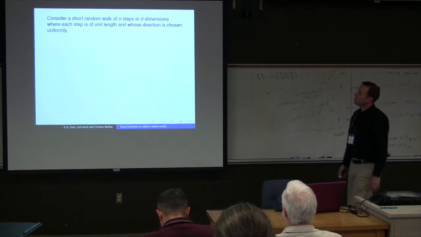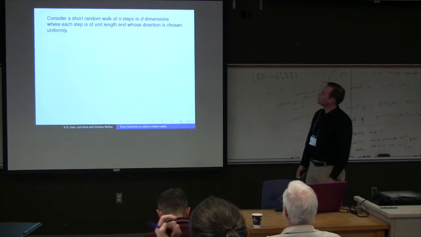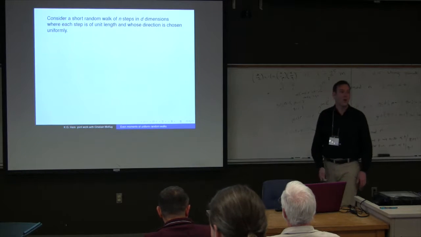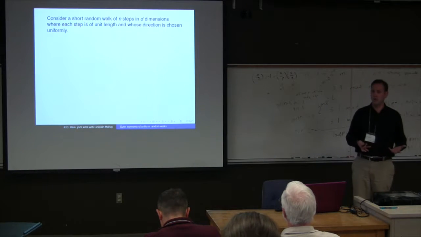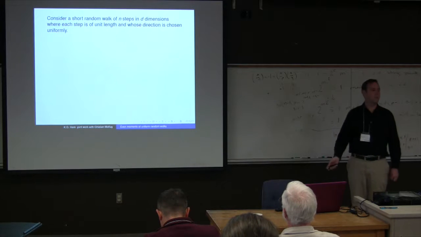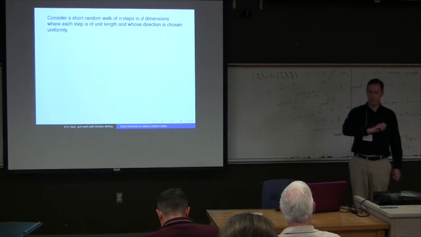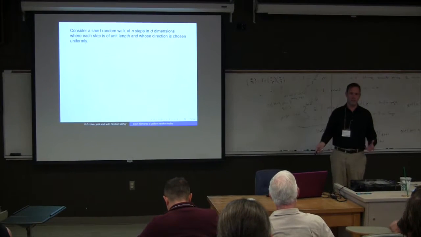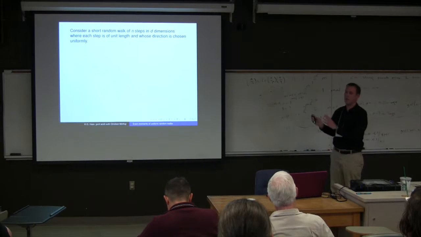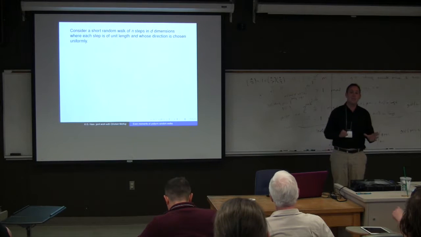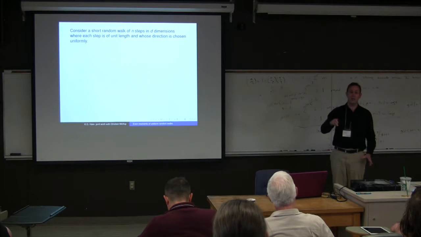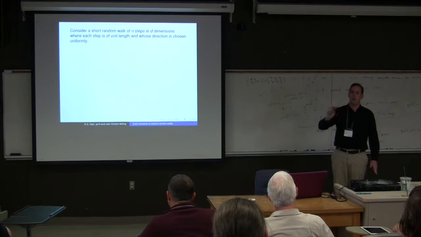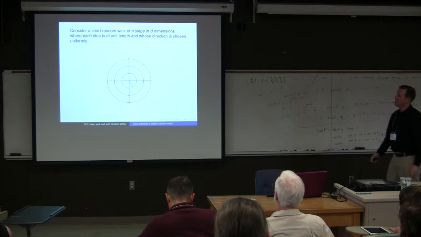So what we're going to do is consider short random walks of n steps in d dimensions. The normal analogy you always hear for random walk in dimension 1 is a drunk walking up and down the street trying to find his house. In dimension 2 it is a drunk walking around the city trying to find his house. We're talking about short random walks. So we're thinking of a very, very sleepy drunk who's going to wander around the city and very quickly fall asleep on whatever park bench he or she finds.